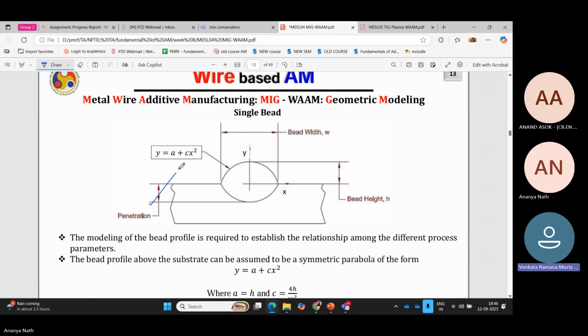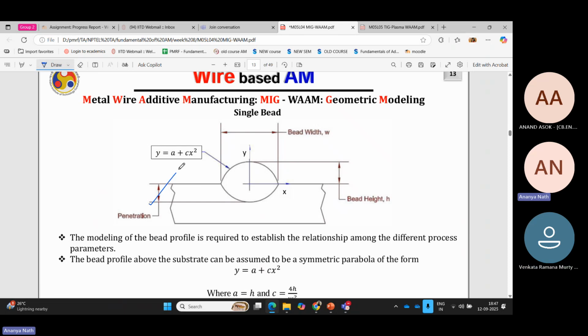Normally in additive manufacturing, we don't require more penetration depth, no? If we are talking about the substrate, yes. To confirm a good bonding between the layers, a little penetration depth is important, but not a lot. So that is based on the kind of polarity we are using, whether it is DC EN or